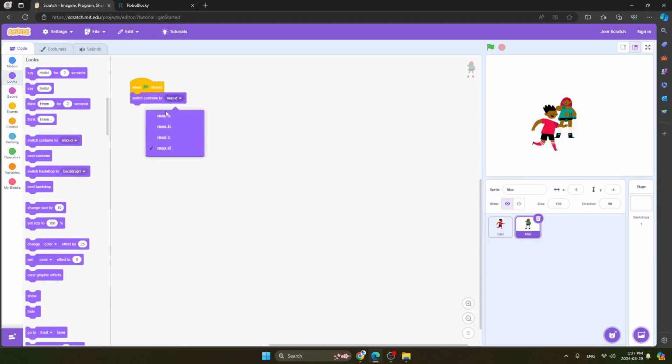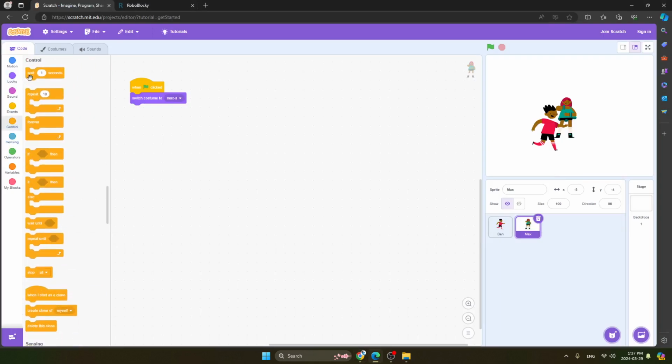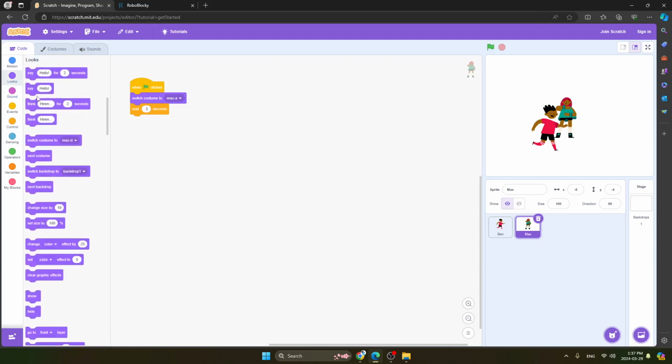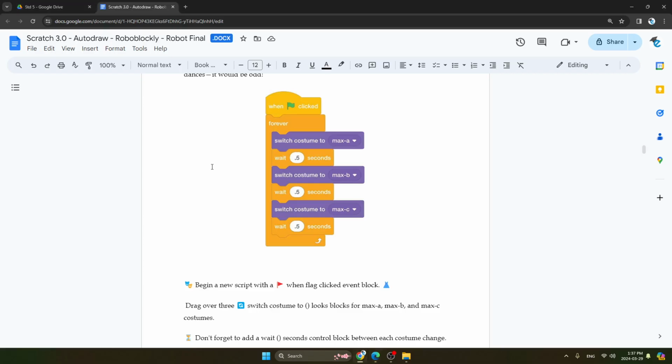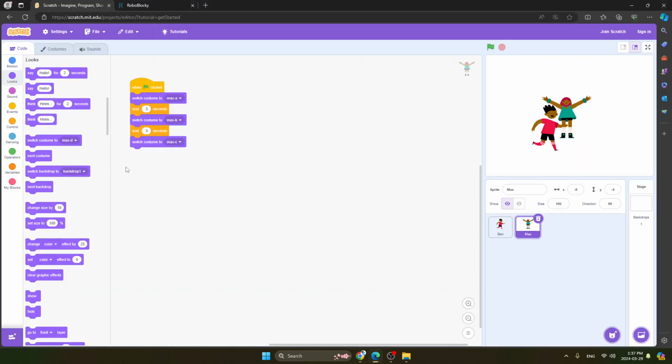First I will take Max A. Second thing I will take is wait 0.5 seconds. So here we will take 0.5. The next thing, again in Looks, we will take switch costume to Max B. Again we will take the same, just duplicate it like this, and here we will take Max C. So you can see wait 0.5 seconds, Max C, and one more.